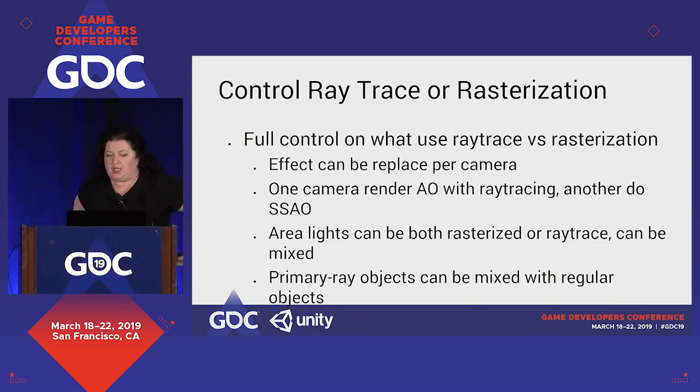So we mentioned that we want to have ray tracing or rasterization. What we've enabled is that we allow switching between full ray trace, so primary visibility, or rasterization, either placed on the camera. It can be used for rendering that specific view entirely, AO with ray tracing, et cetera. Or you can have a view that's defaulting to SSAO, so a lot of flexibility in that regard. The area lights are switchable back and forth based on either the object or distance. And similarly, you can also mix primary ray objects, be it opaque or transparent, it doesn't really matter, with regular, deferred and more standard pipeline objects.